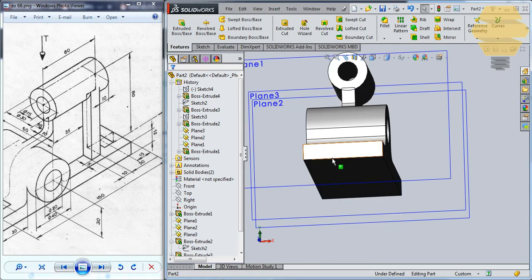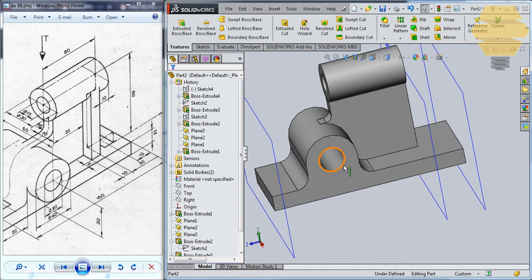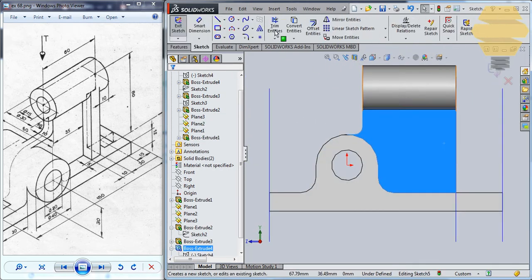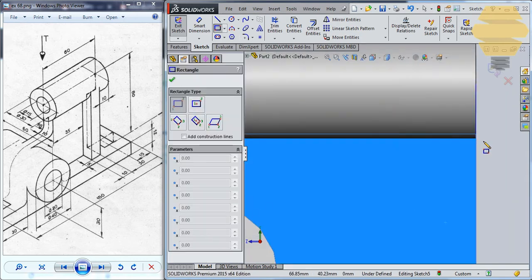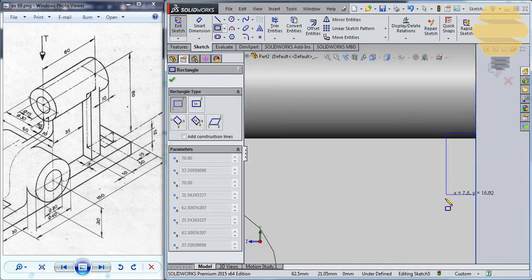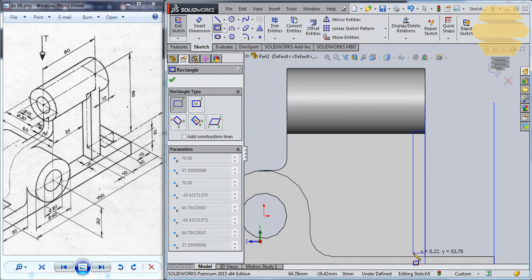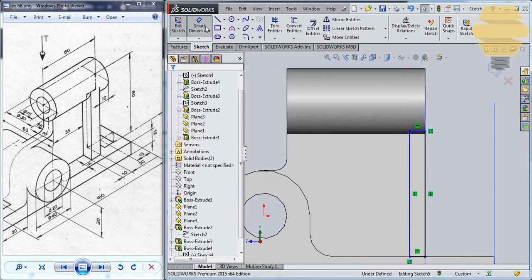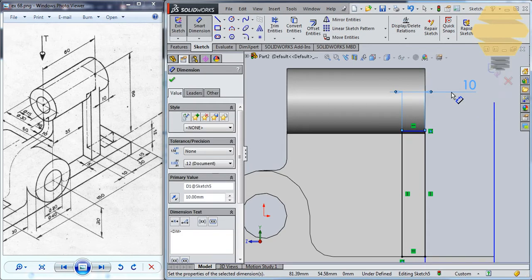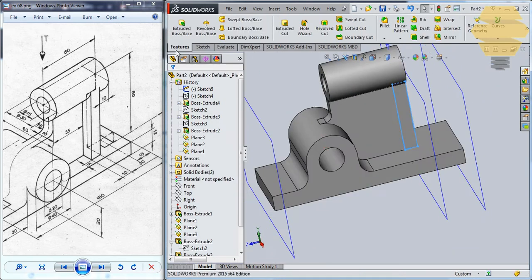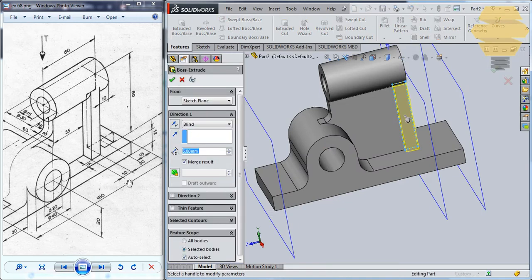Alright, now we have to again give this particular face, so we'll select this face here, go for the sketch and simply use rectangle. Just draw a rectangle from here to here and use the smart dimension and dimension this edge to be 10. Exit sketch. You can go for features, extrude boss and base, and this will be totally 60, so